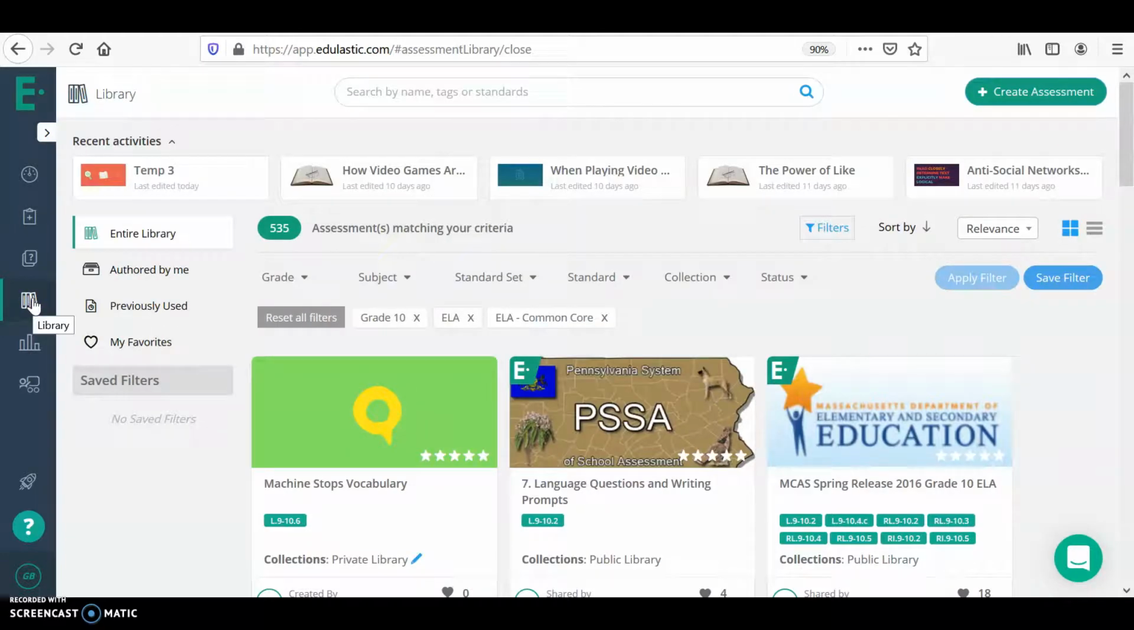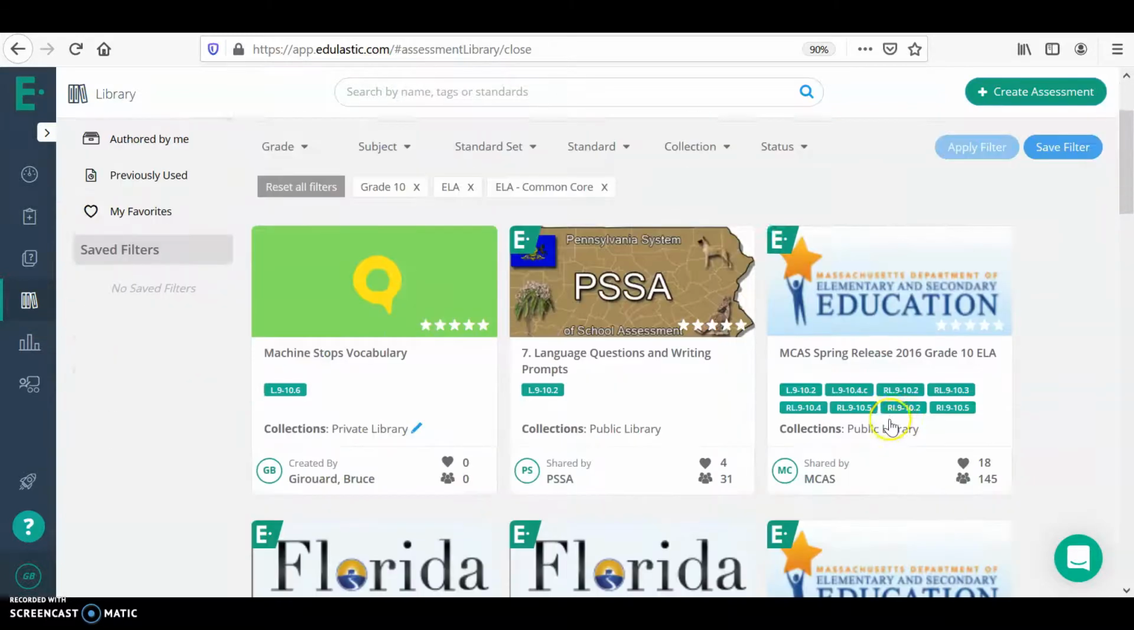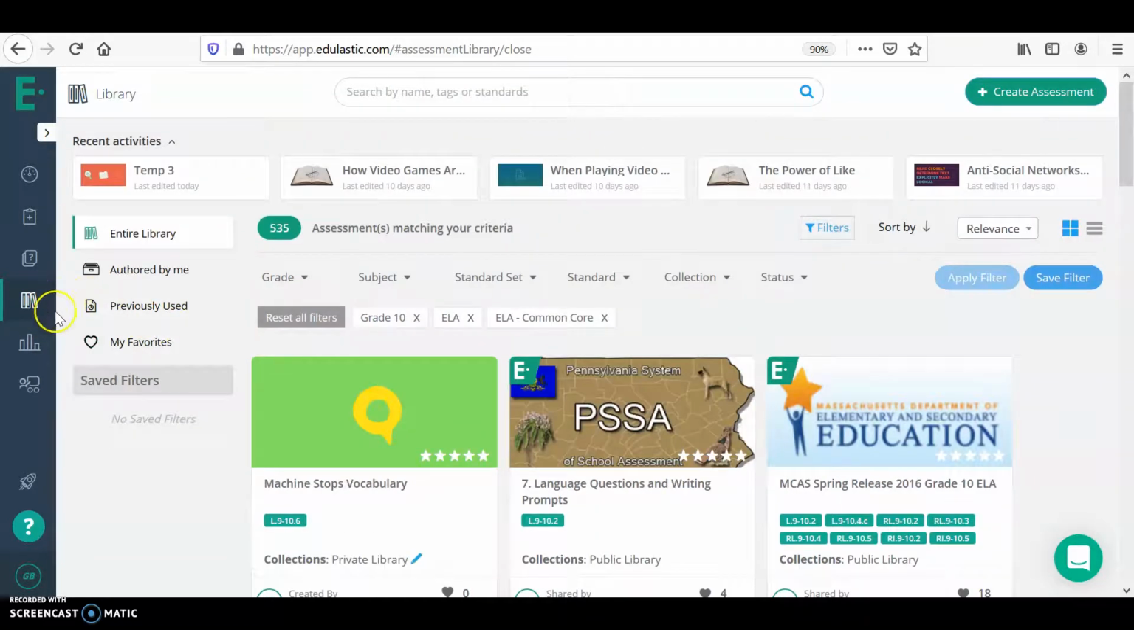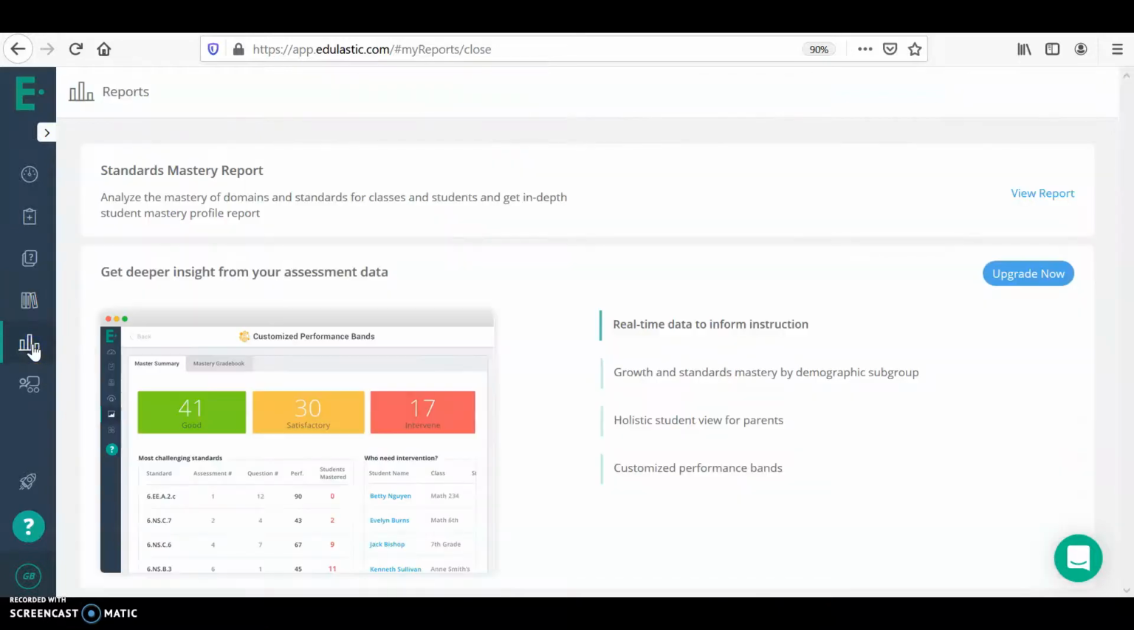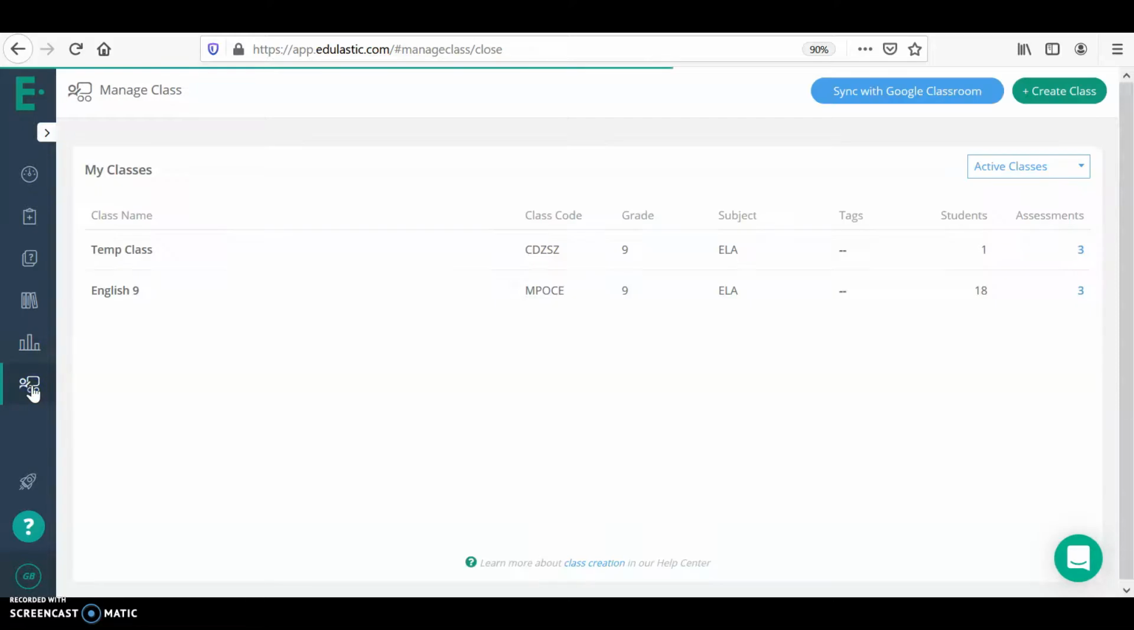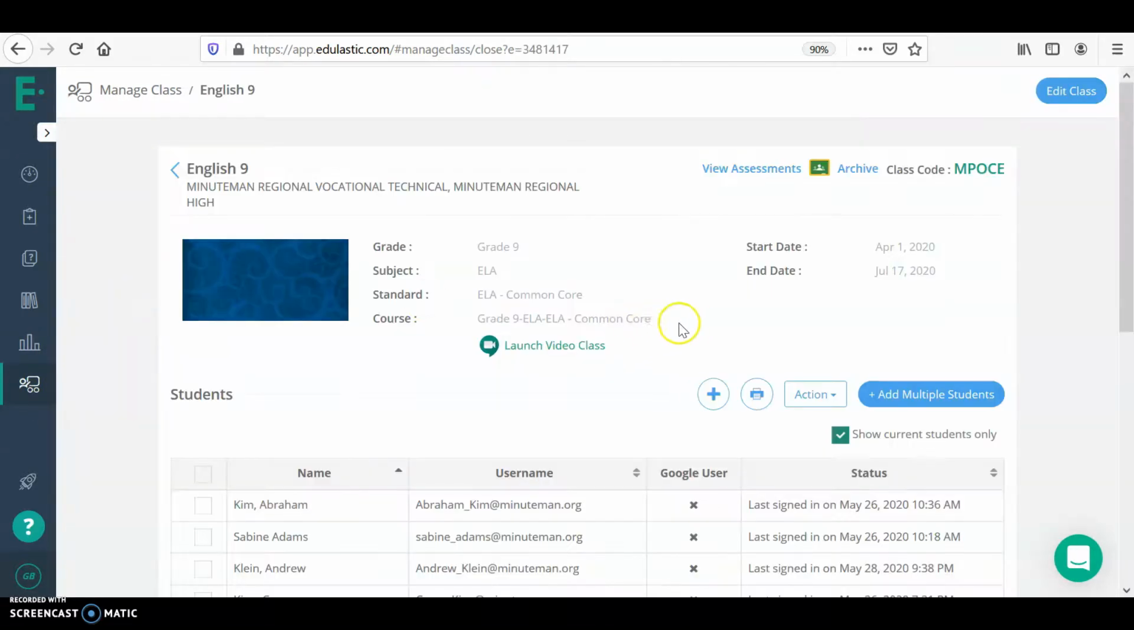Okay, I can see this is the library. Different types of questions that other people created. We went over this. Here's reports. This is kind of nice. I can see reports from my students. So if I go into English 9 and I look at some of my assessments,